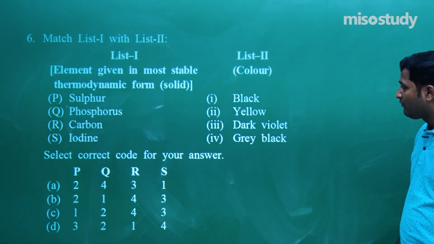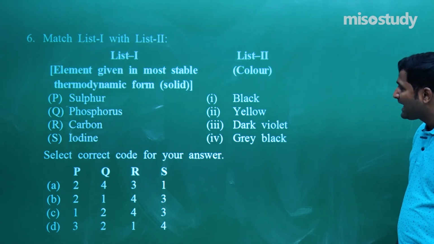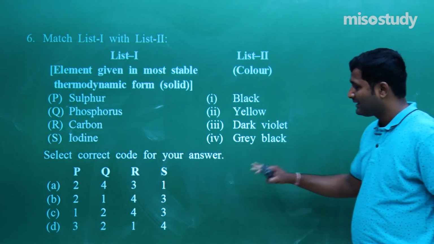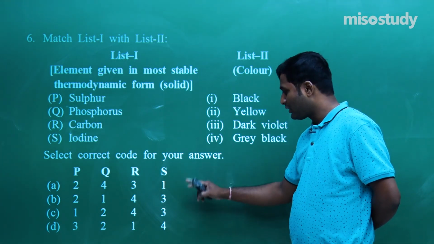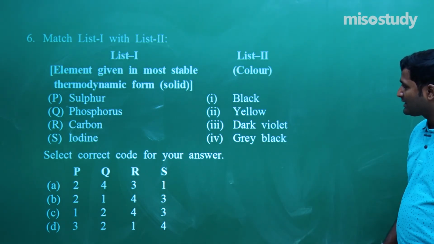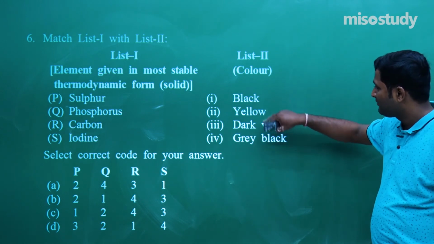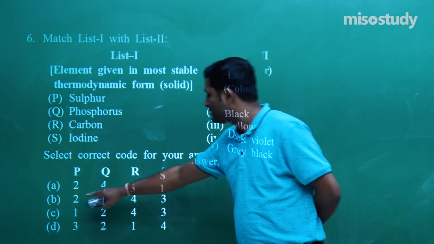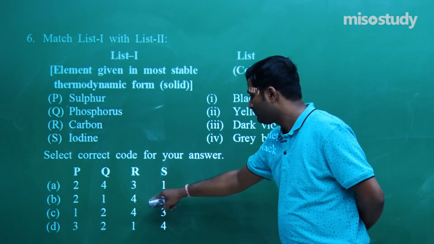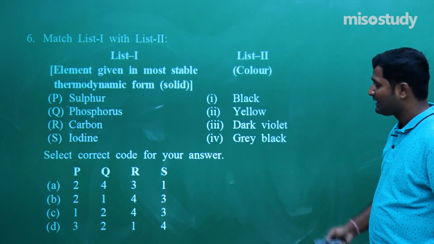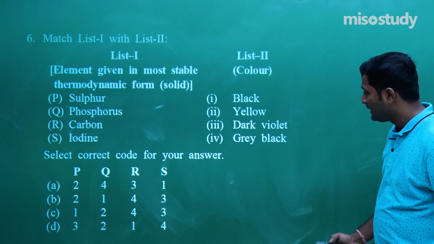For yellow color, for Q1, black phosphorus is possible. Sometimes it's also written as gray black, so we do not need to bother here. We take the option from the given options. Carbon is black, taken as gray black. Iodine is dark violet. So if I talk about blue, yellow and dark violet, 2 and 4, 2 and 3. Sulfur is 2, and iodine is 3. So this completely matches, and the correct option is 2, 1, 4: phosphorus black, carbon gray black. Clear? Now let's move to the next one.